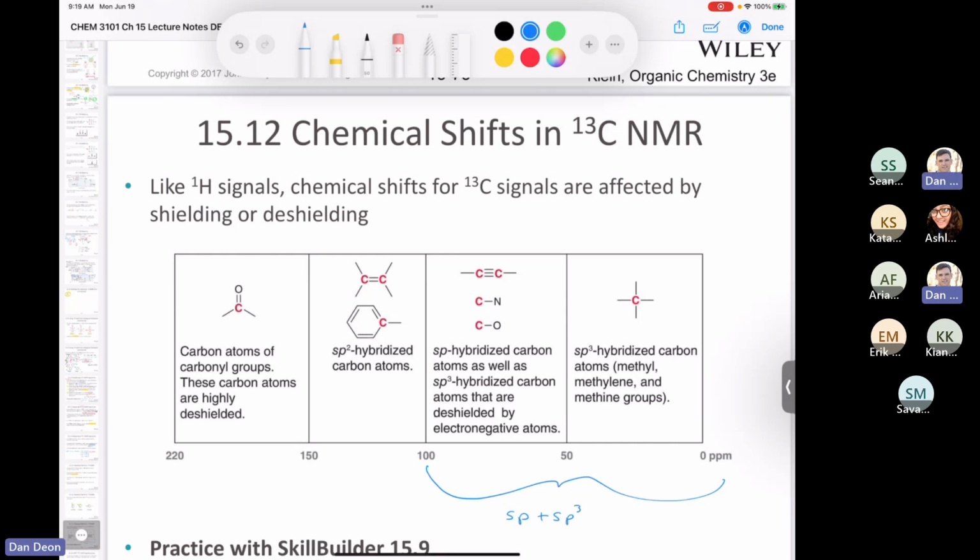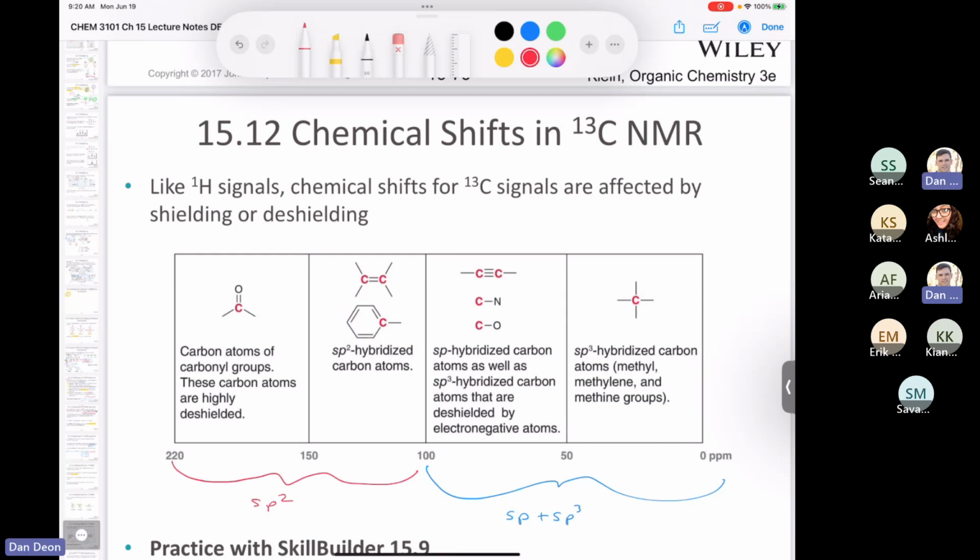And then we get up into sp2 hybridized carbons. Those go all the way from 100 up to 220. So this is sp2. Aromatics fall over a huge range, I'd say 110 to 170, something like that. And then once you get up into like 160 up to 220, that's when you have carbon atoms that are attached to or in carbonyl groups, so carboxylic acids, aldehydes, ketones, amides, and all that stuff. But again, you can see there's a lot less information in the